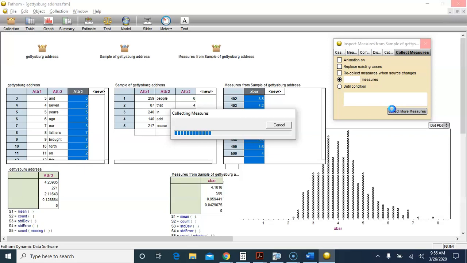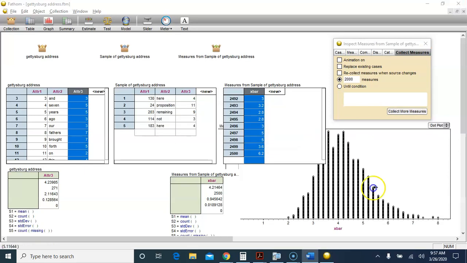So when the simulation is done, this list in the background over here will have 2,500 values of X bar, and our dot plot here will have 2,500 dots. Just a few more seconds for the simulation to finish. Okay, so now that I've got substantially more X bars, you can see the shape of our distribution of X bars looks very similar over here. But now the mean of all of those X bars is